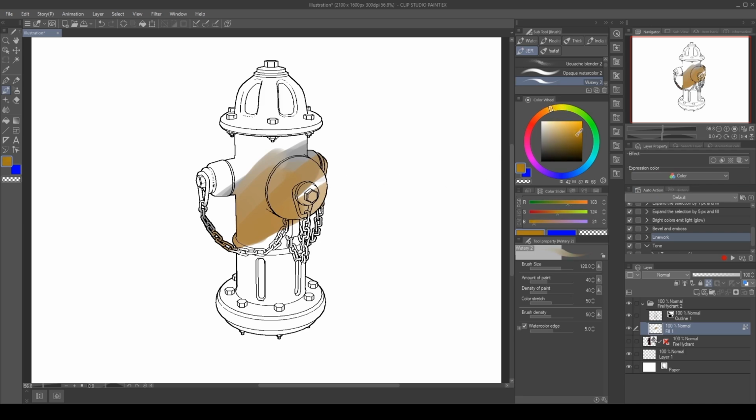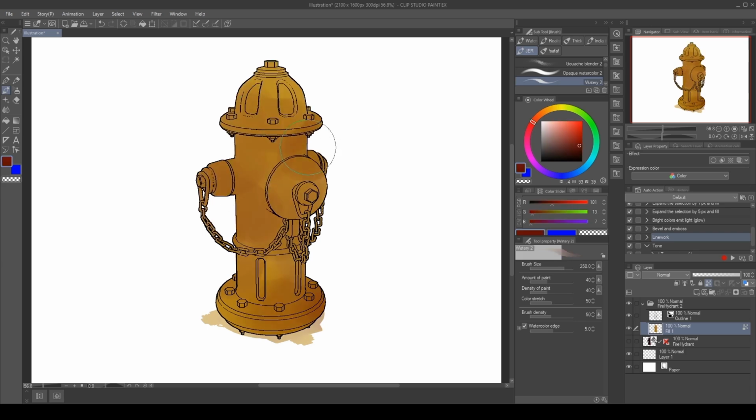So like, let's say we had this fire hydrant. I'm just going to digital paint it like normal. Now keep in mind that the fill layer is actually going to include the shadow. So if you don't want this shadow, you'll have to erase it or disable the shadows before you convert. And then you can just start digital painting as you normally would.